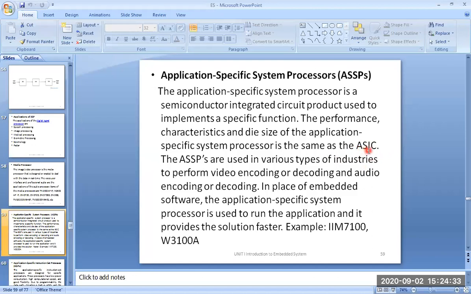And the price that you have to pay for this ASIC chip is higher because it is not general purpose. If it is my requirement, I have to go to that company and order 10,000 pieces or 5,000, depending on our requirement, right? So these are not general purpose, that's why they are expensive. But coming to speed, they are much faster than general purpose processors, and they also consume very little power.